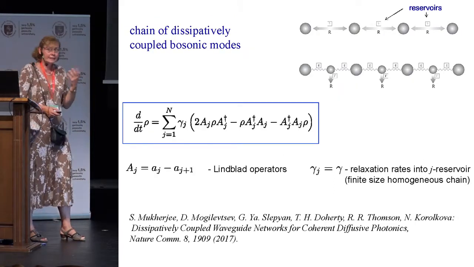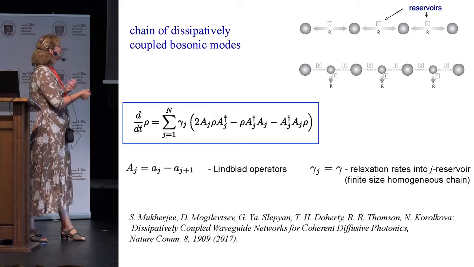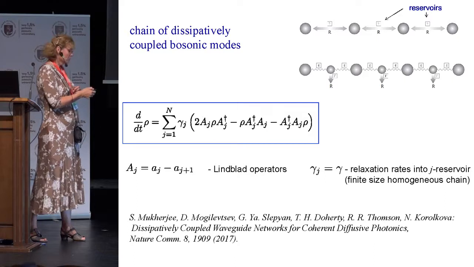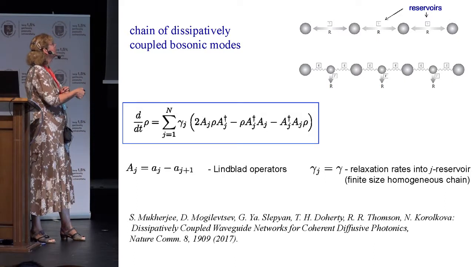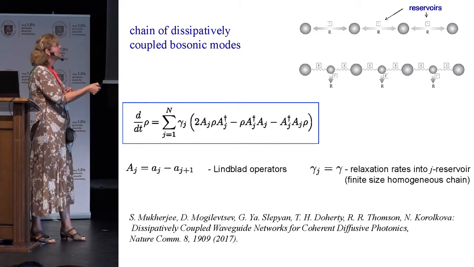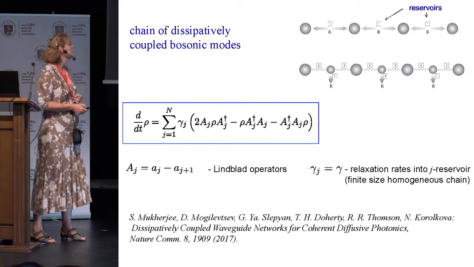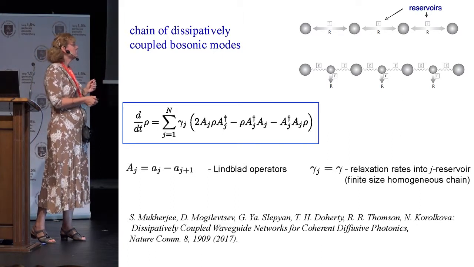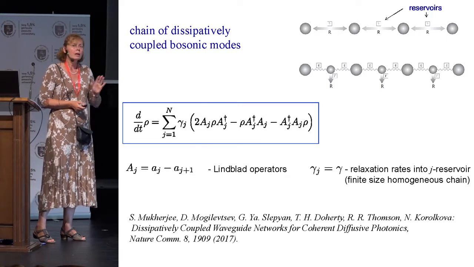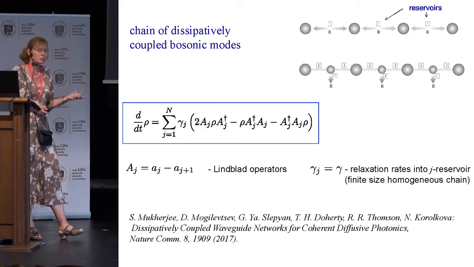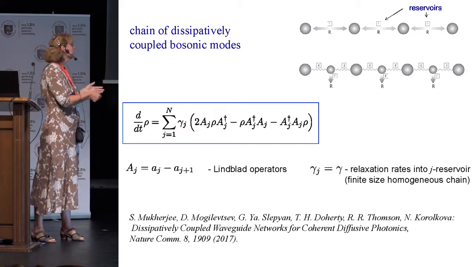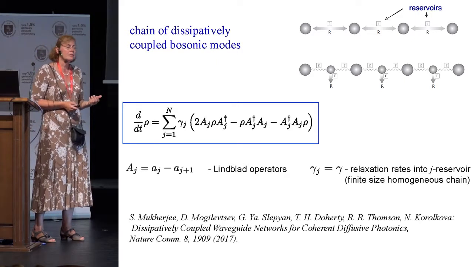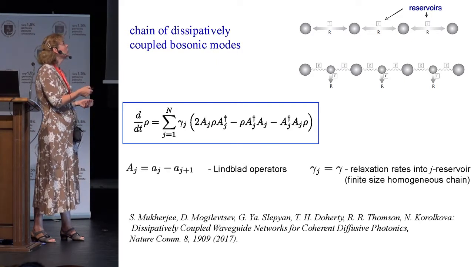So now, how we are going exactly to use it, to employ it, I just solve the very kind of textbook equation, the Lindblad equation. So what I have now, the Lindblad equation would describe this genuine system where I have the pairwise dissipative coupling. And for simplicity, I just decide that the relaxation rates into each reservoir are the same. If we looked into a different situation, that doesn't bring you much, so it's really kind of a very nice and straightforward assumption.